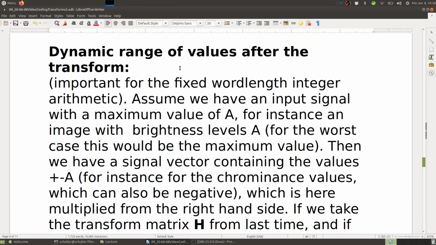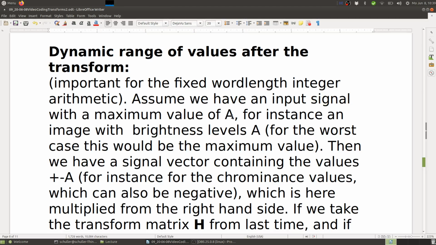Yeah, and for the coding of the signal, we have to take a look at the dynamic range of values after the transform, because that also affects the word length and the number of bits. This is important for fixed word length integer arithmetic on the CPU that we use for encoder and decoder. So assume we have an input signal with maximum value of A,